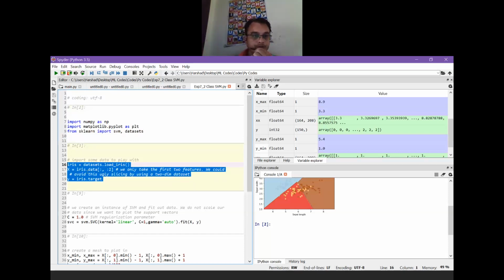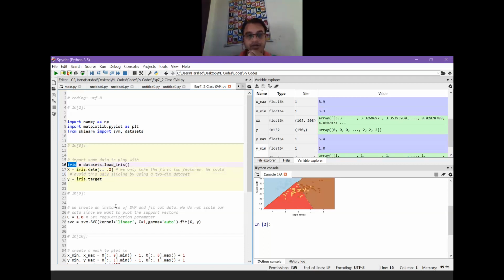So here iris is equal to datasets dot load iris. What this line suggests is that out of the available datasets, we are using the iris flower dataset, stored in the variable iris. Now, from that available dataset, we are going to slice, or bifurcate, it into two different parts: x and y.